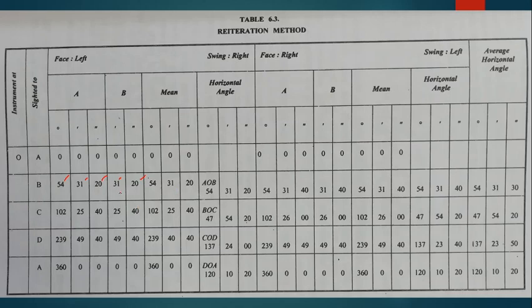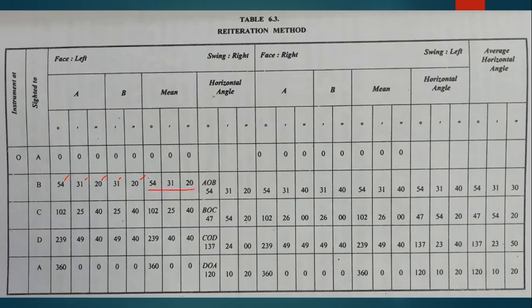So be careful when you are writing minutes onto the tabular form of vernier B. Here, the main scale reading minutes are to be considered. Okay, that is to be remembered. Now what is the mean? Just the average of these two will give you this angle.